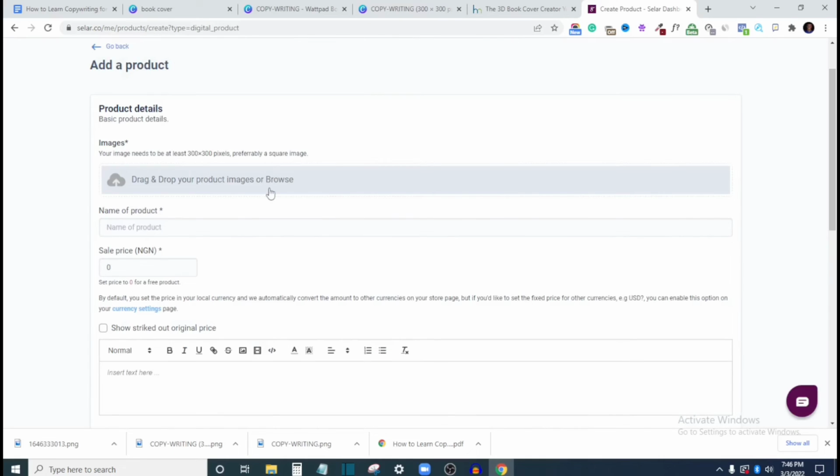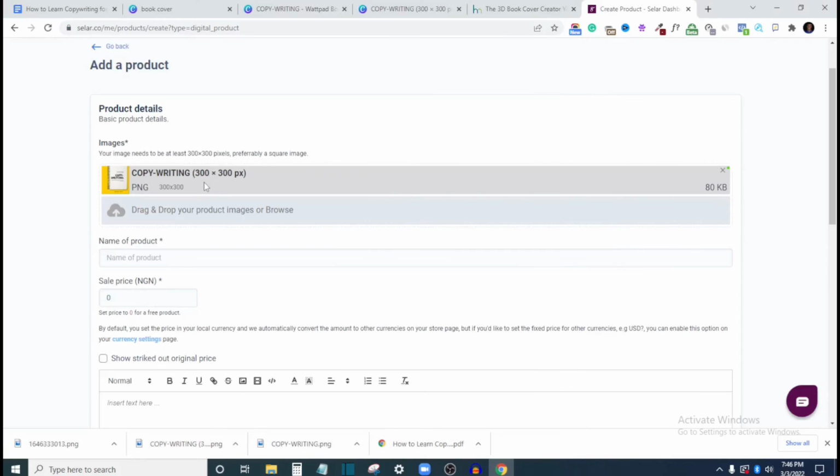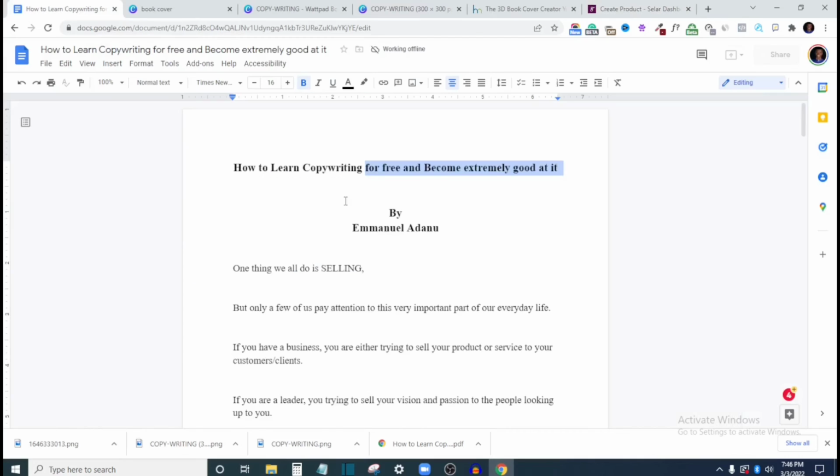And then here you want to add the product image I was talking about, that you have to use 300 by 300 pixels for your design. So I will just upload it, and here it is. The importance of using this measurement is so that people who visit your seller store will see the full design. For the product name, I'll just copy the name of my ebook